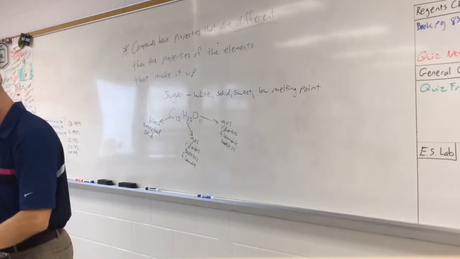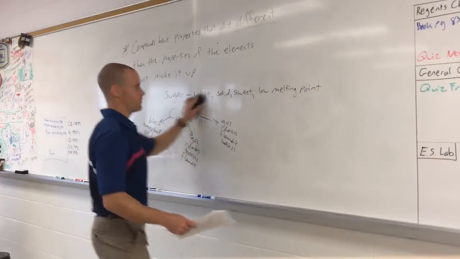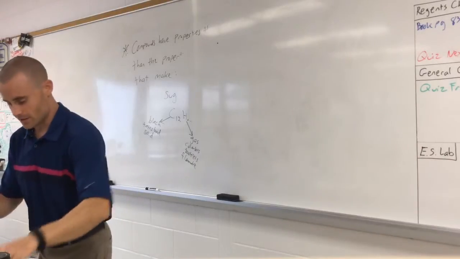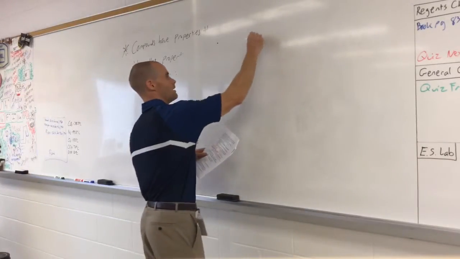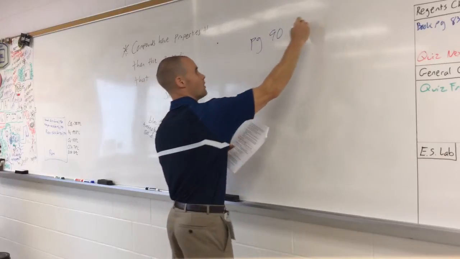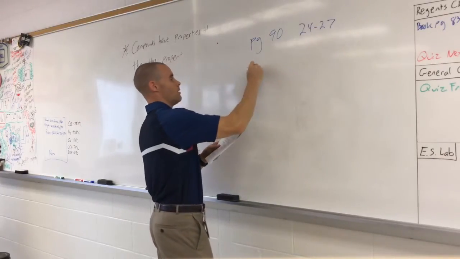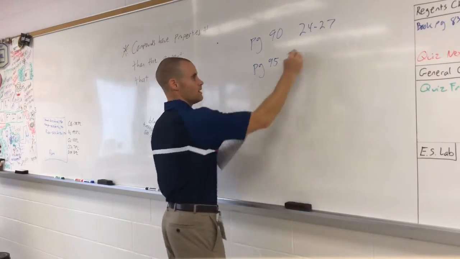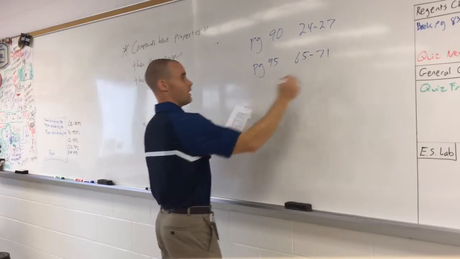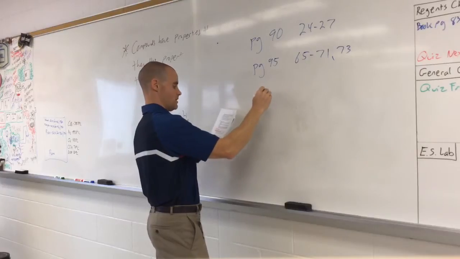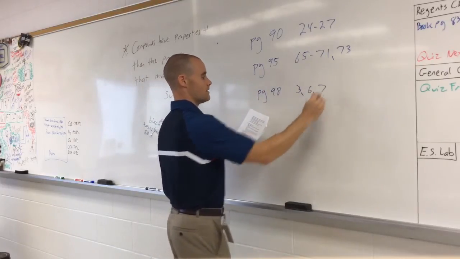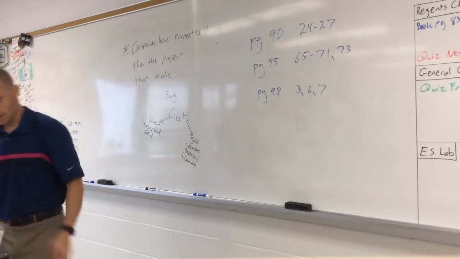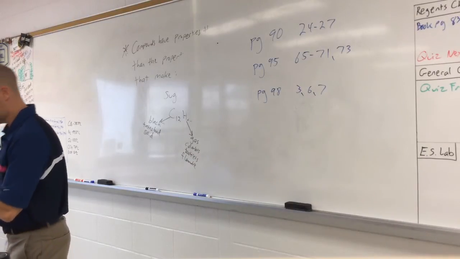Okay? All right. That's all the time I have. You do have homework out of your book. Here we go. Yes, I know the phone's ringing. I don't have time for the phone. Okay, and I will text it today. I apologize for yesterday. Page 90. I'll write it up here, but I'll transfer it there. 24 through 27. Page 95. 65 through 71. And 73. And then page 98. 3, 6, and 7. So that's on elements and compounds mostly. So that's going to be due tomorrow. And that's it. Tomorrow we're starting